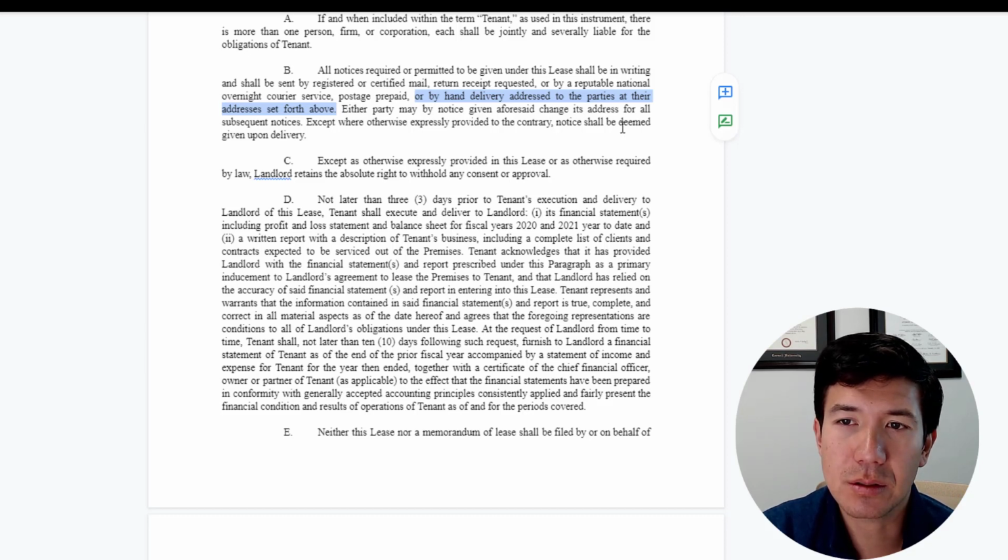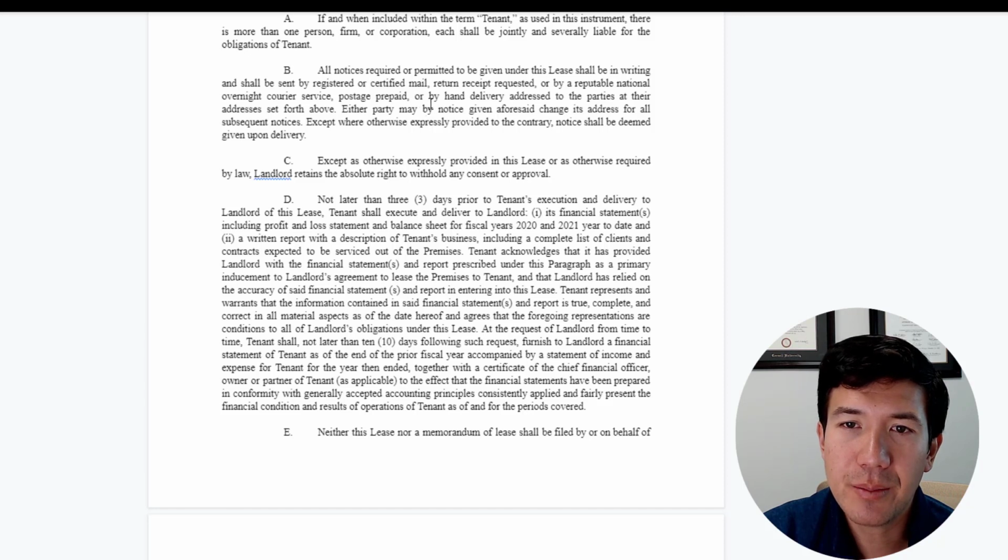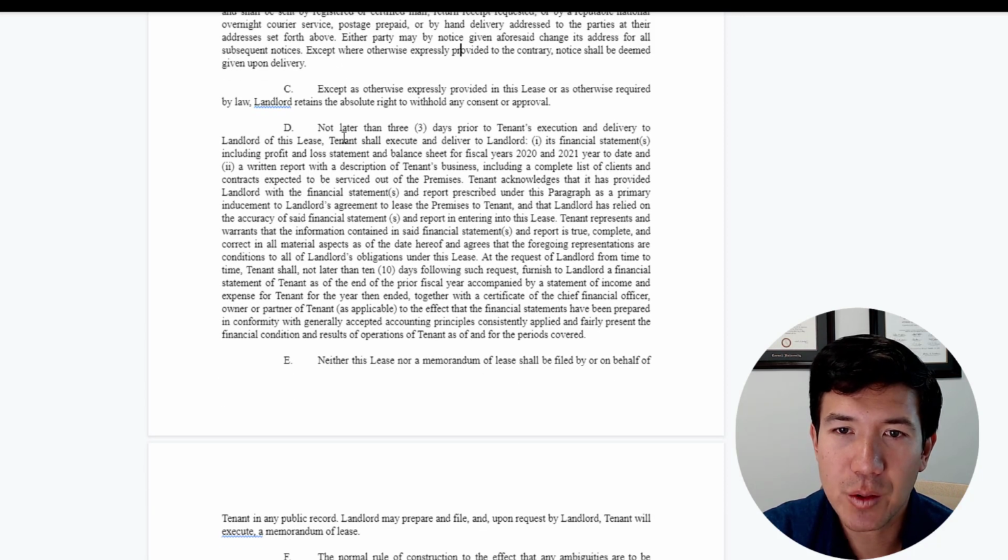I would much prefer tracking for everything and not allow either party to try to claim that they did hand delivery. So I would prefer email plus mailing, but no real hand delivery. And this one is already updated. I've gotten rid of fax, right? It's not acceptable to find some fax number online from 6 years ago and try to fax a notice to somebody who doesn't get it. No faxing. I like no hand delivery and stick to email or something with tracking.